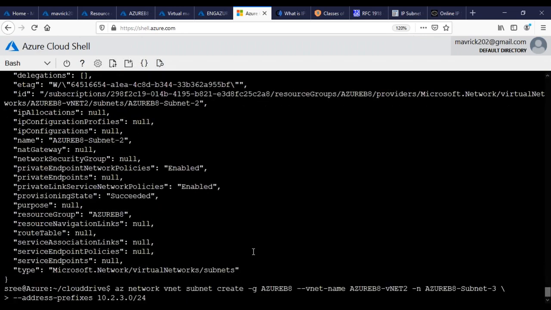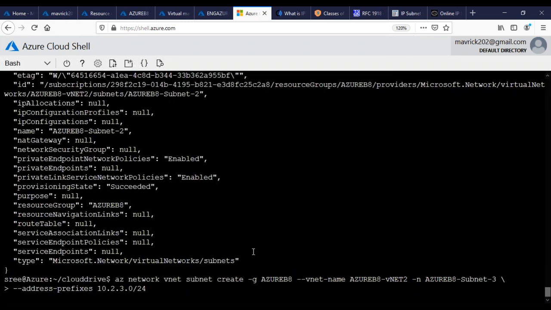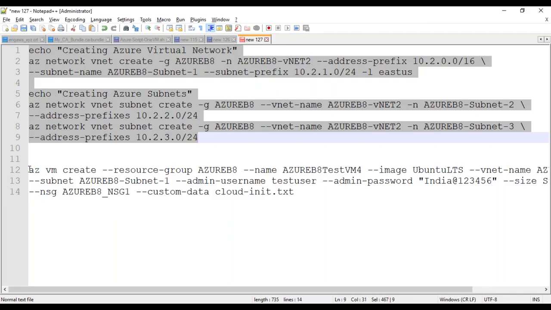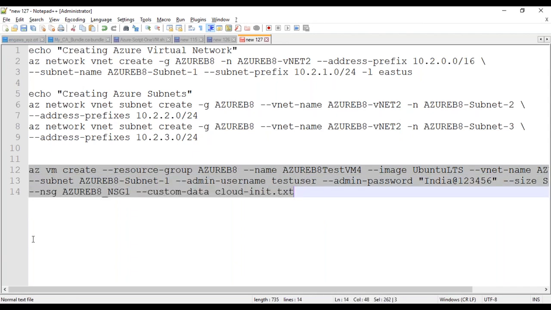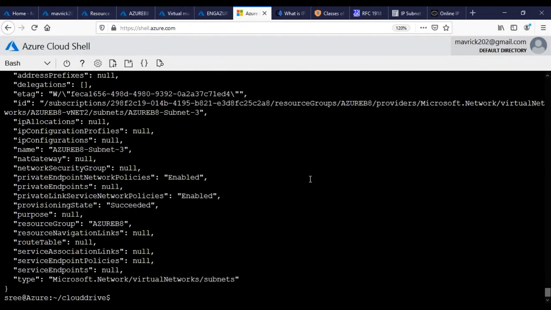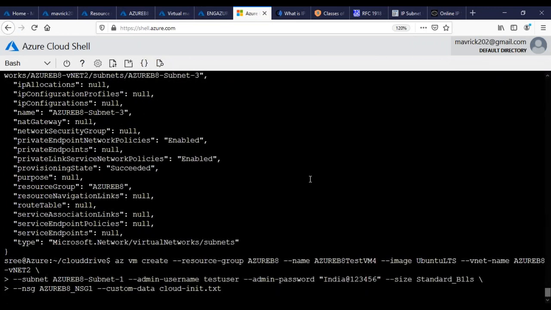Done. And the third subnet. And I'm going to basically deploy this machine as well. Now let the machine come.